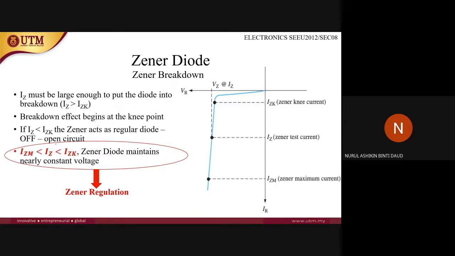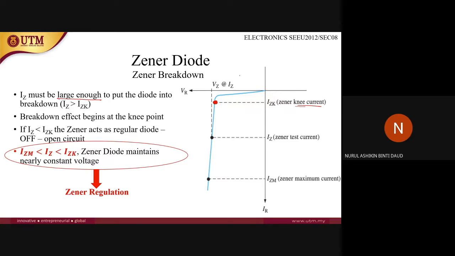Okay, next. So IZ, the Zener current, must be large enough to put the diode into breakdown, which is IZ should be bigger than IZK. What is IZK? IZK is the Zener knee current. It is at this knee